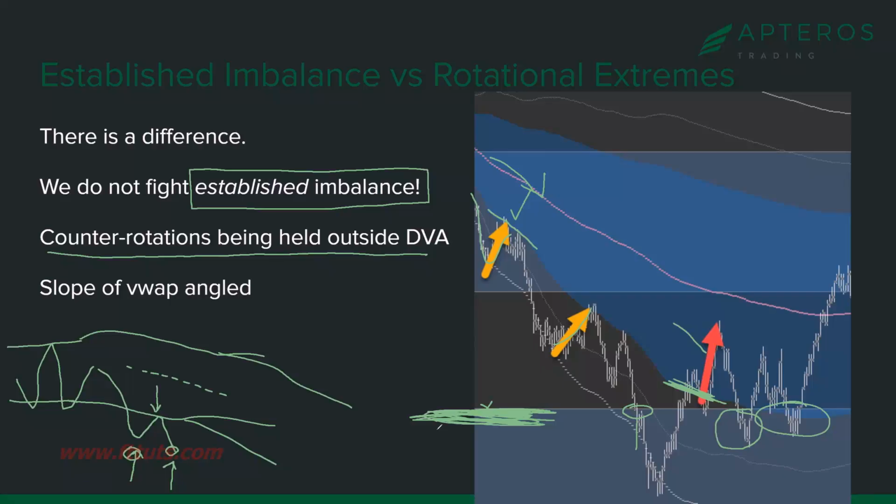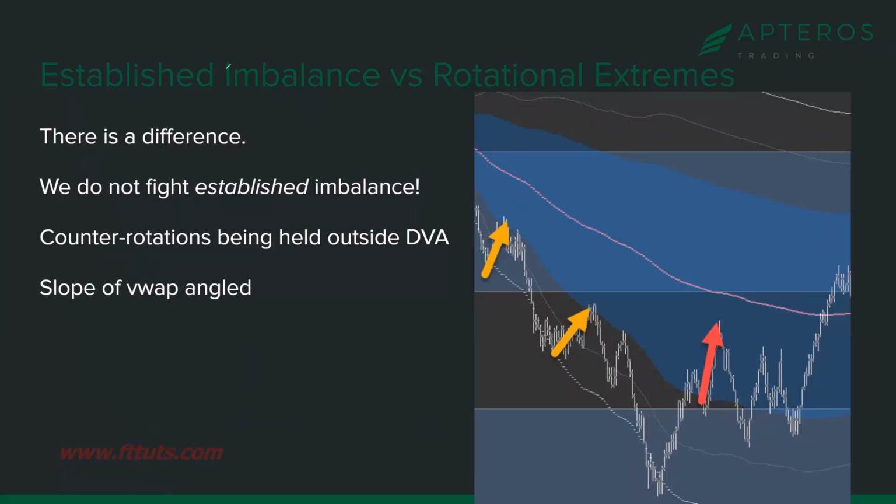So I don't care how good your CVA level is or what confluence you have or whatever. We don't just stick our necks out and put a limit order in front of an imbalance against us. You wait until you get one of two conditions that allow you to get long. If you want to get long, there's two ways to do it. One, if it's a rotational DVA, you could get long at lower extremes.